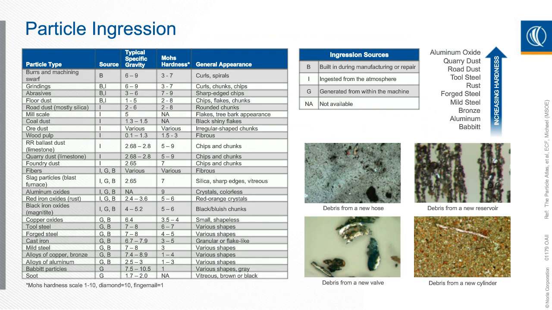Now, I'm not going to go into too much detail here, but this gives an example of particle types and what their sources could be, whether it's built-in, ingressed, or generated from within, and what their appearance may be. You see some pictures there below. These pictures are important because you should be able to use different types of oil analysis tests, analytical ferrography, for example, to figure out what this wear debris or other solid contaminants actually looks like, and that helps us figure out where it came from, how it was produced, what the wear mode was, what its source is.